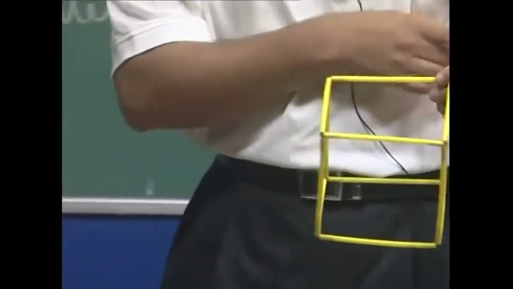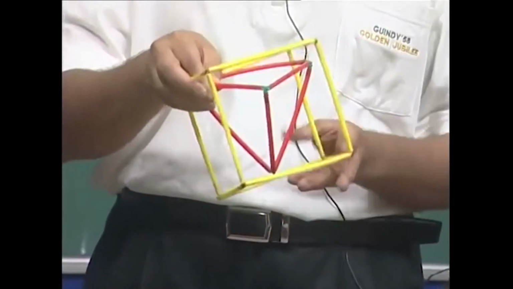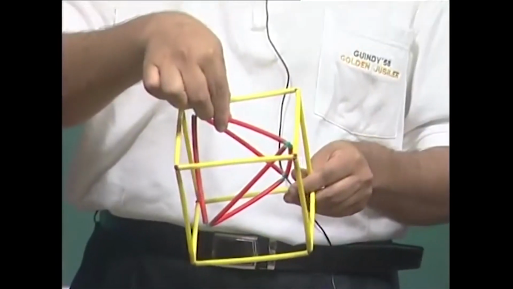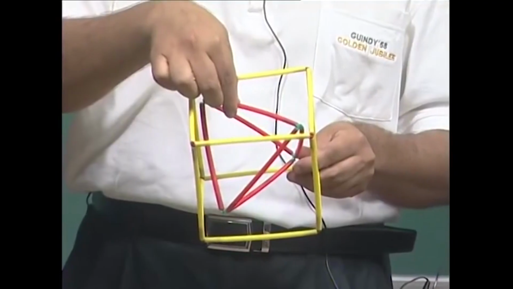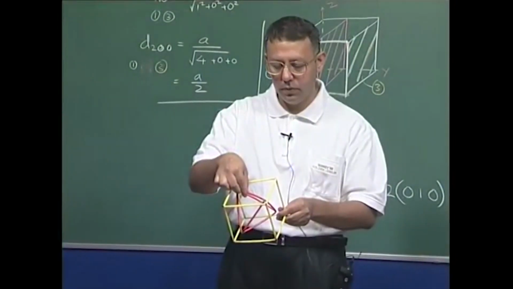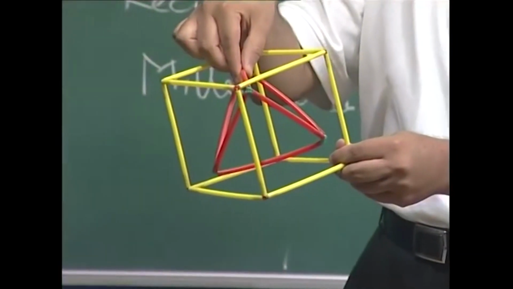So, I can inscribe a tetrahedron within a cube. Of course, in this case I am not inscribing it, I am just merely positioning it. So, you can see that by doing that I can actually see the orientation of the planes with respect to the cube. You can see that. So, this is my tetrahedron, and now